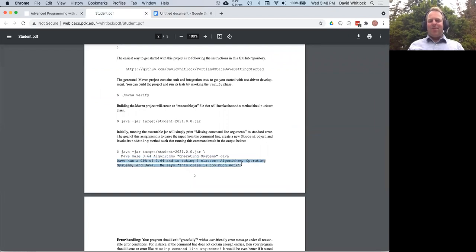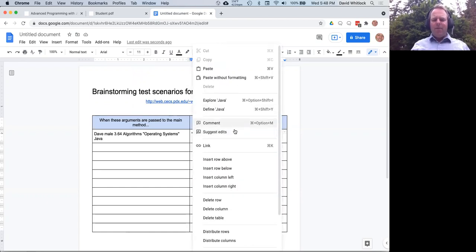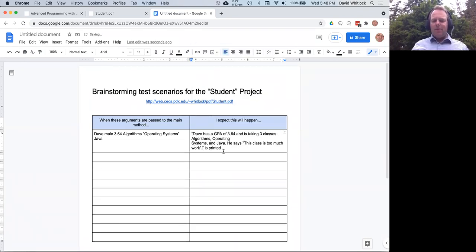but this is what I want you to do. I want you to study the assignment, and let's say I'll give you like 7 minutes. We'll check in and see how things go. Figure out some of the test cases that we should explore, and this will help us understand the assignment better, and will give us an idea of some of the tests that we'll want to implement